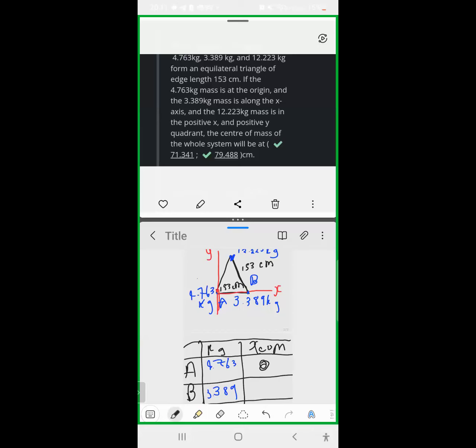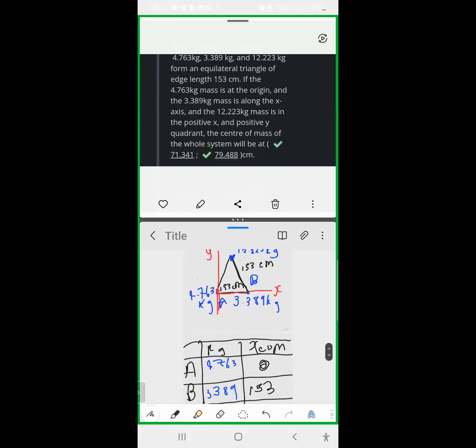And then it didn't move any distance on the Y. So we can now see that the X center of mass for point B, which is the coordinate at the particle B, is the distance. How much? 153